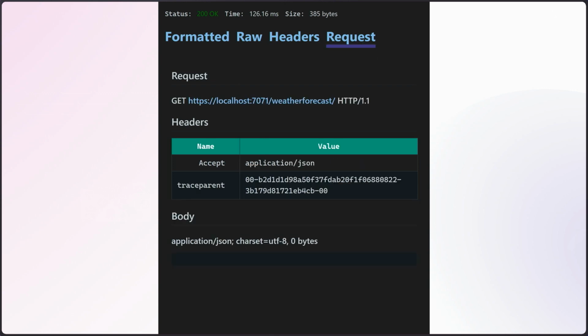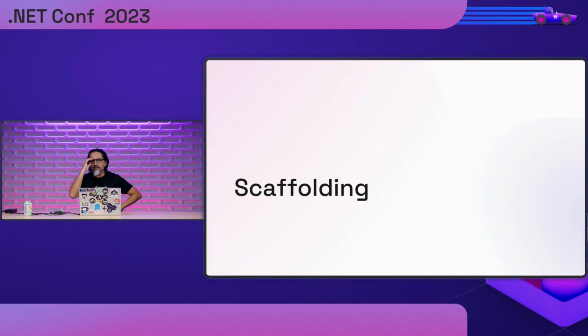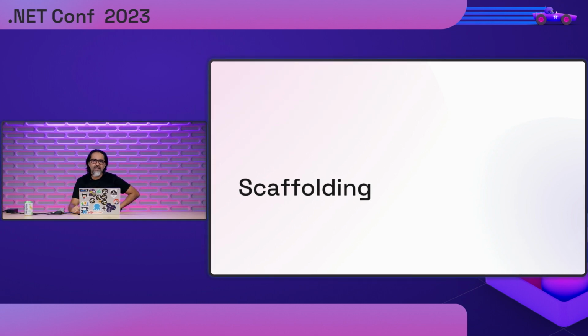And then you can also inspect the request. So here we can see the full URL, and then we can see the headers that went along with the request and a body if there was one. But there was no body here. All right, so that was a basic kind of HTTP file,